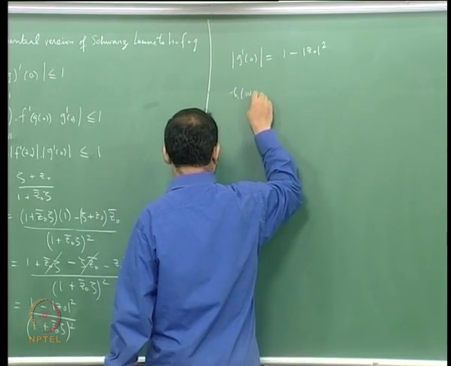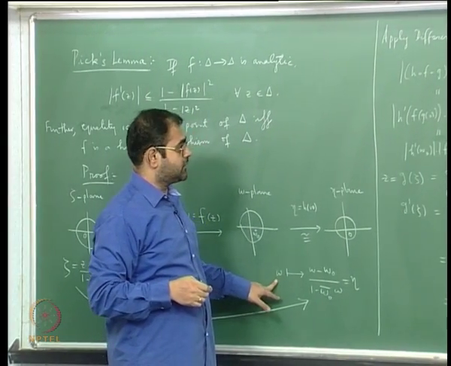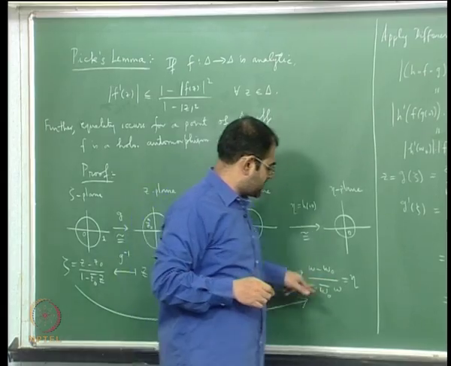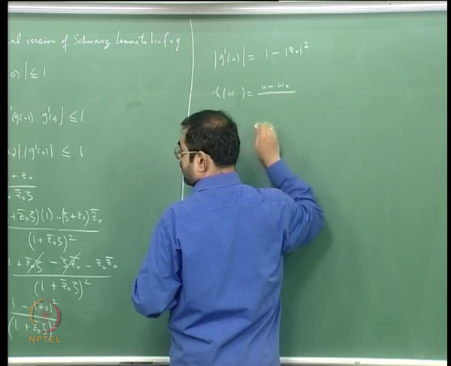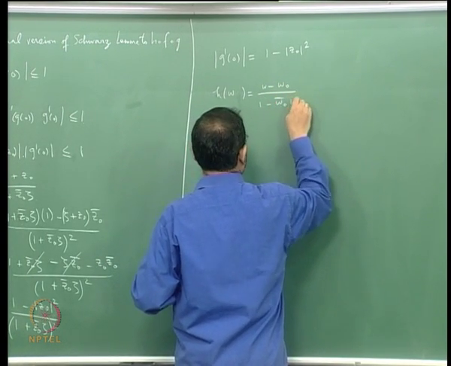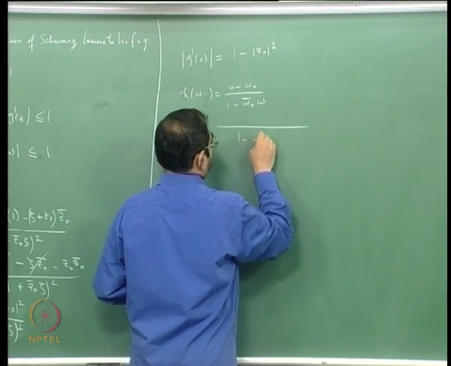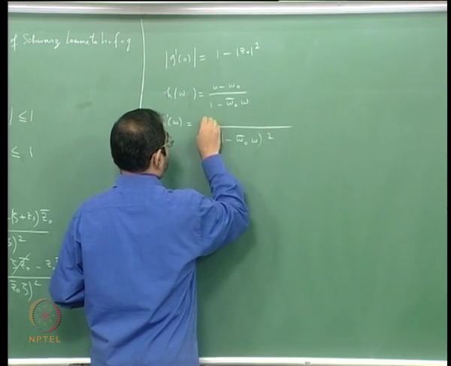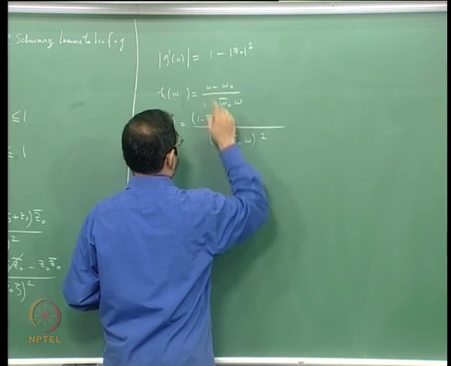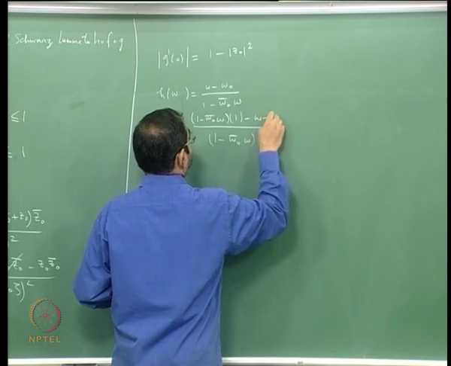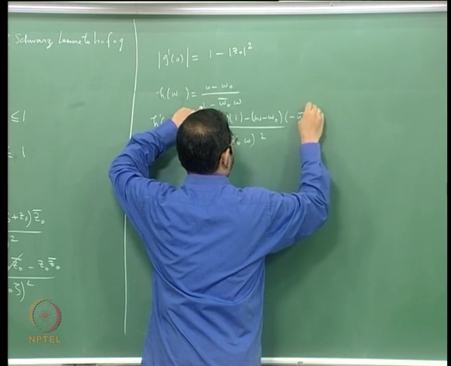So what is h of w0? H of w0 is this function. So what is h of w? H of w is this expression. So h of w is just (w minus w0) by (1 minus w0 bar w). So if you calculate the derivative again by the quotient rule, I will get the following: denominator squared, denominator times derivative of the numerator with respect to w, it is going to be 1, minus numerator constant, derivative of the denominator with respect to w is going to give me minus w0 bar.